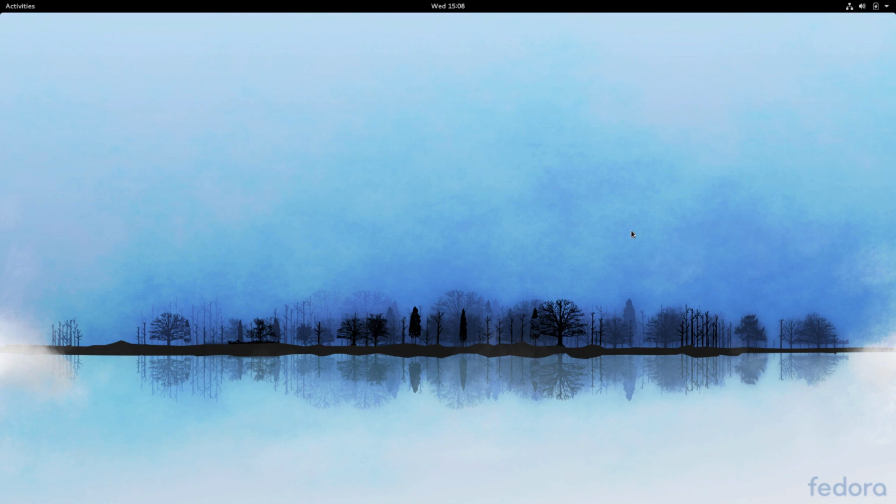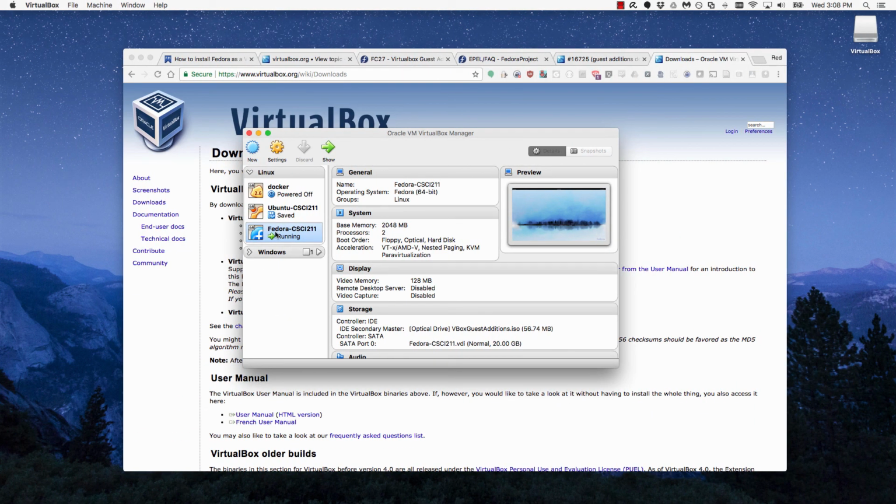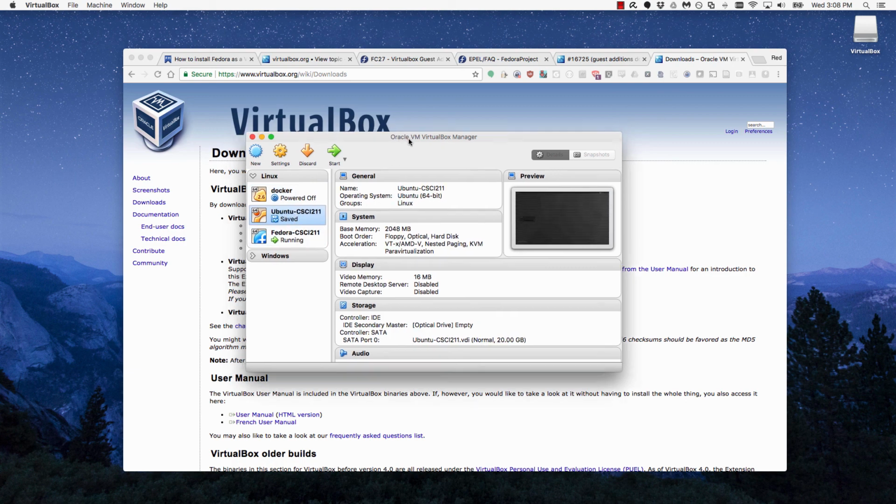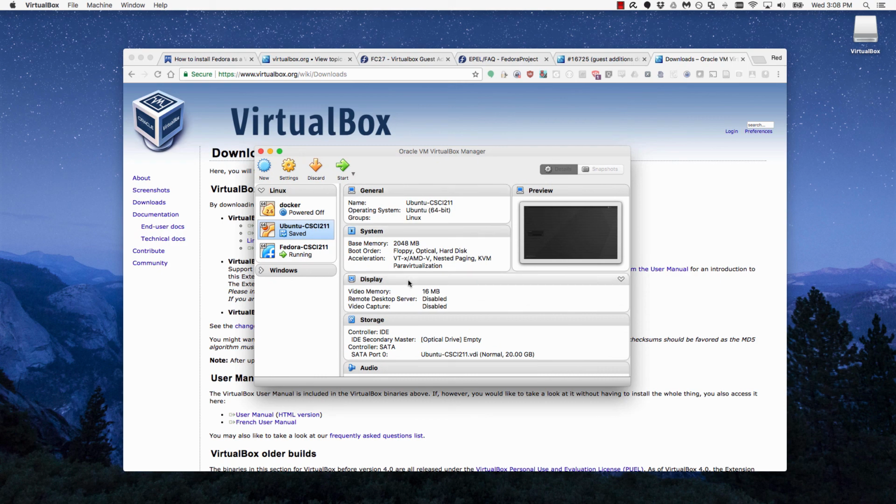I want to show you one other thing. One problem that I run into more with the Ubuntu VM than the Fedora VM, I'm not sure why, is that it feels rather sluggish. When I type, there's a noticeable lag between when the characters actually appear. I found that you can fix this, but the VM needs to be shut down to do it, so I won't be able to do it with the state the VM's in right now. But if I go to settings